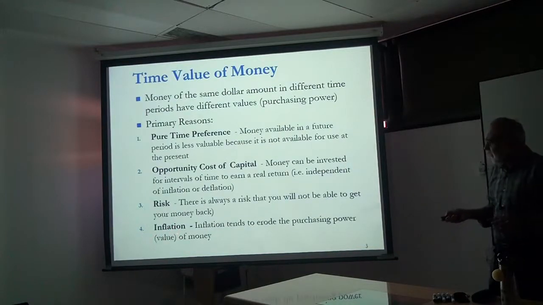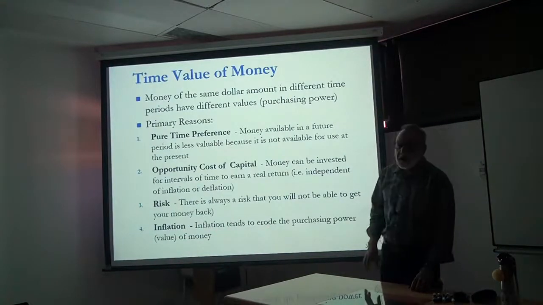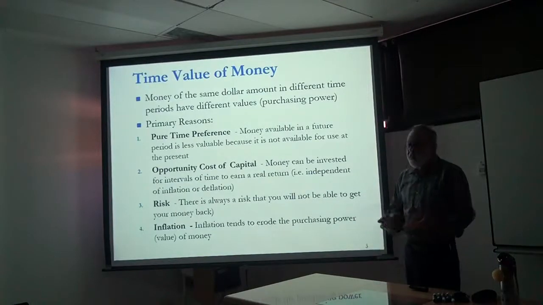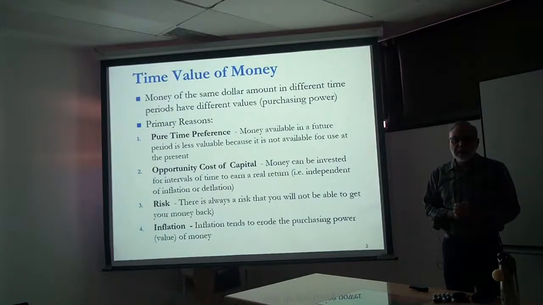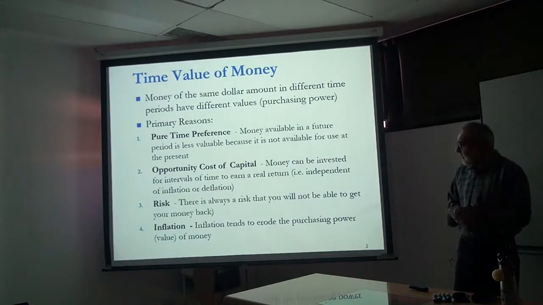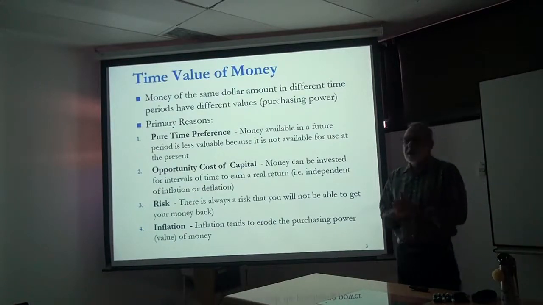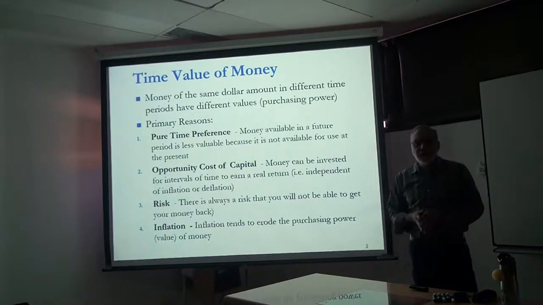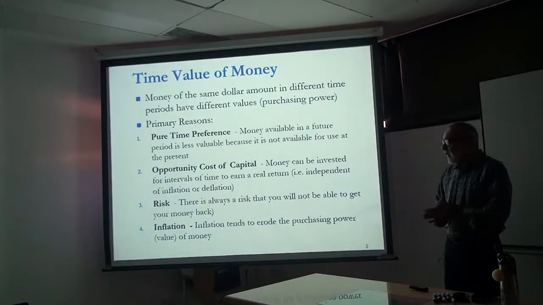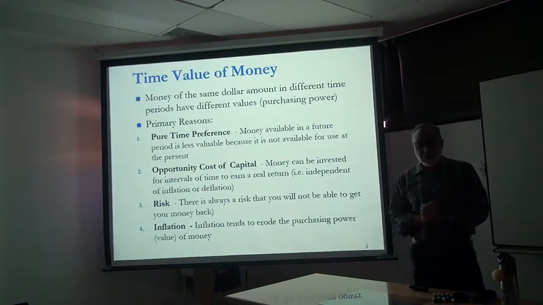Inflation is man-made. Inflation tends to erode the purchasing power or value of money, and this happens because when a government prints more money, the supply of money becomes more, and eventually the prices of commodities go up. It not only occurs due to printing of more money, it mainly occurs because the banks make loans. When they make loans, they create money out of thin air, and that's why inflation occurs.